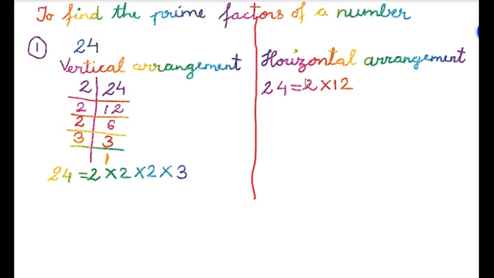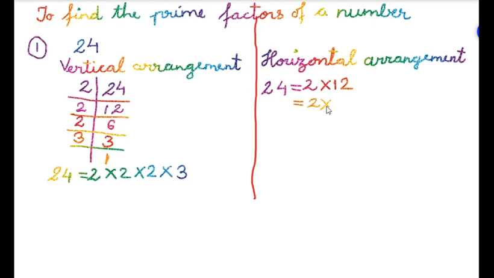Prime number you will take at the beginning. In product form you will solve. 2 12s are 24. Now this is a prime number, but we are having one composite number. So again we will find factors of this one. That is equal to 2 multiplied by, I have written as it is. This 2 I have written as it is, the multiplication sign as it is. Now I will find factors of 12.